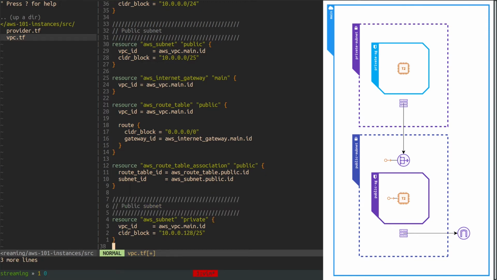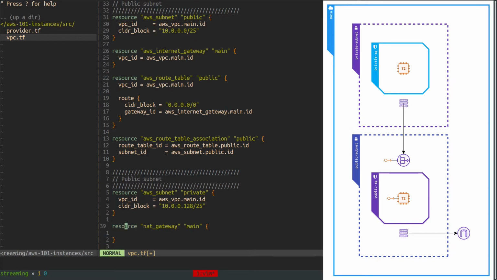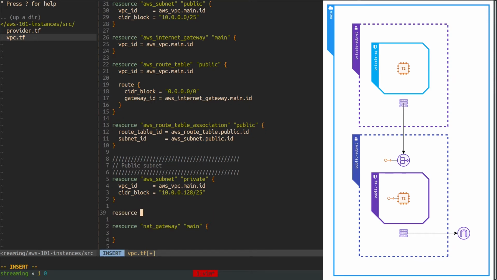So for private subnet I will need a NAT gateway just to be able to access the internet to install packages and so on, and this NAT gateway will require an elastic IP address.